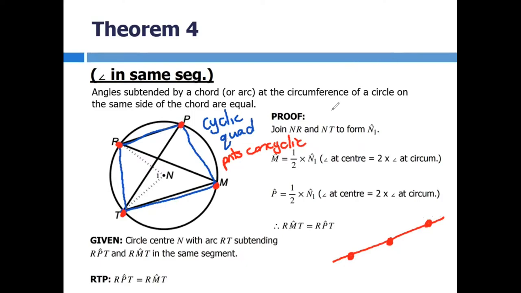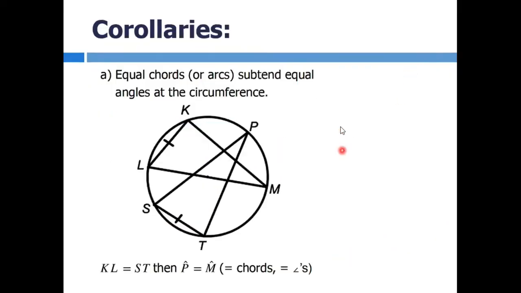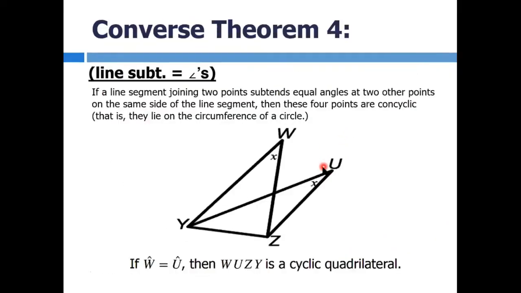Now if you're required to prove that something is concyclic, if we've got 4 points and they want you to prove they're concyclic, or if you've got a 4-sided shape and you want to prove that it's a cyclic quadrilateral, you're going to use the converse of this. Again, we will get to examples with it. So let's have a look here. Here you can see I don't have a circle at all. And if I wanted to prove that Y, W, U, Z, those points, are concyclic,